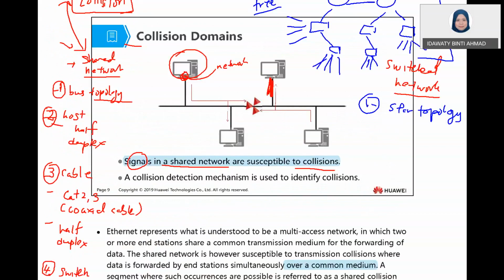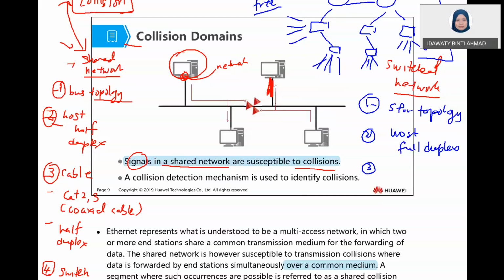Number two, the host itself. The current network cards now support full duplex. This one I will explain after this. I guess I already explained it if you watched the video on Ethernet, but I repeat again and again. Number two, the host is full duplex. The network card itself, they now enable this full duplex in the current network card. We will look into the detail of the full duplex mode of the network card later.